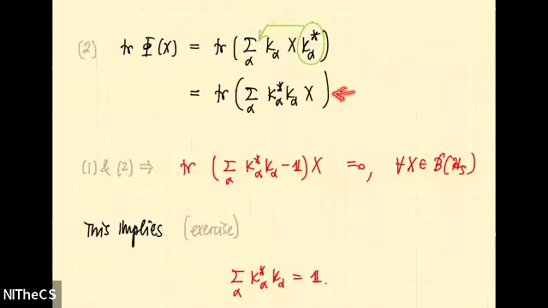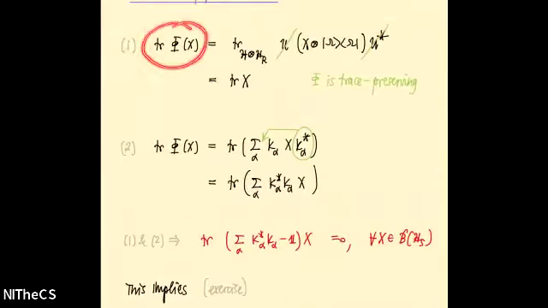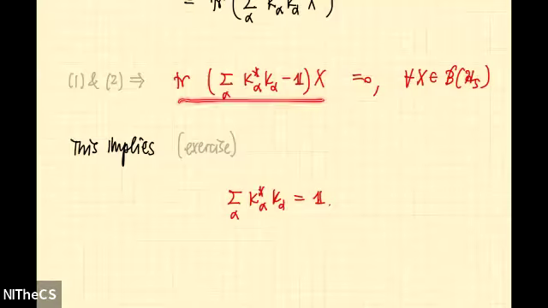So I get this expression here. That's another way of writing the same object, the trace of phi of X. So this is equal to that. If I take the difference between the two, I get 0. And the difference between these two is this left-hand side here. So this is 0